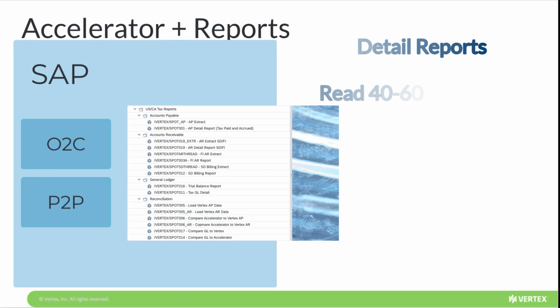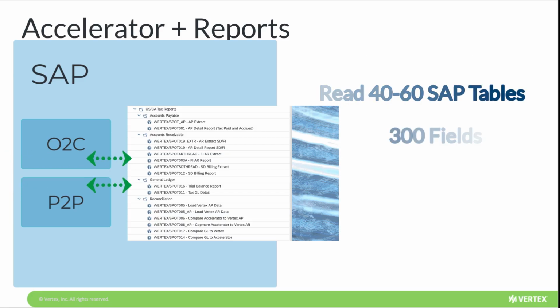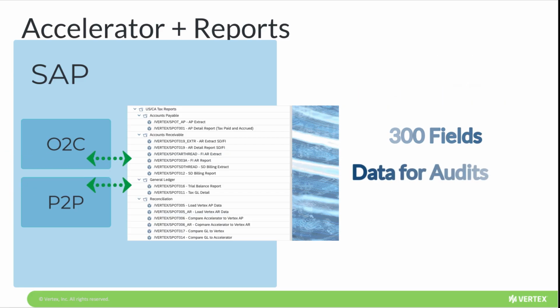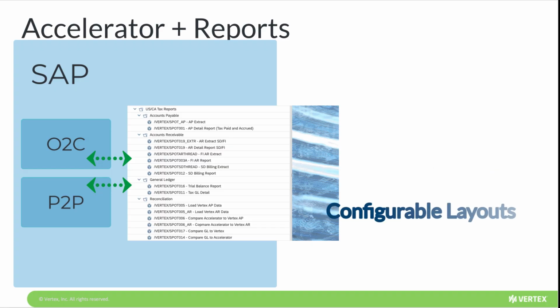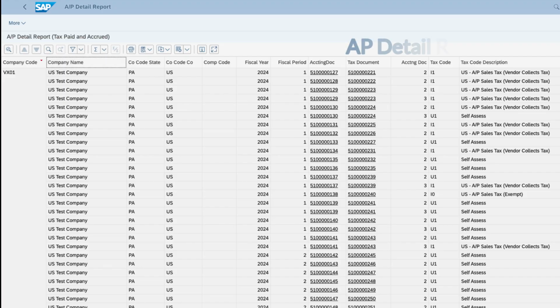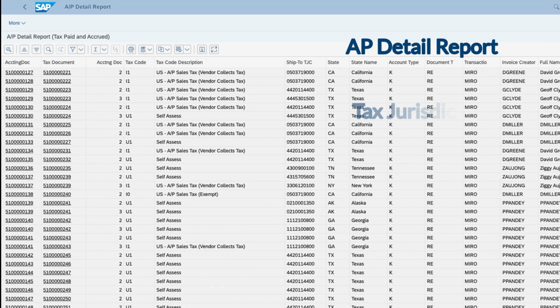They read 40 to 60 SAP tables and bring in over 300 fields, so you are sure to get all the data you need for your audits. You can just run the Accelerator reports and configure your layouts to your preferences. On the AP report, you can see details including company code and tax jurisdiction, such as your ship to state